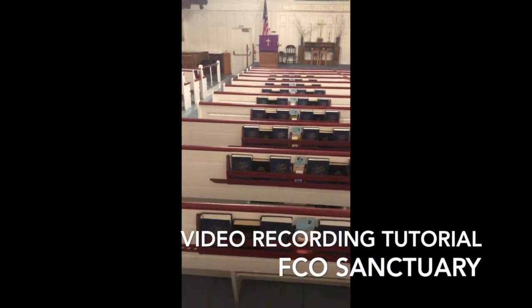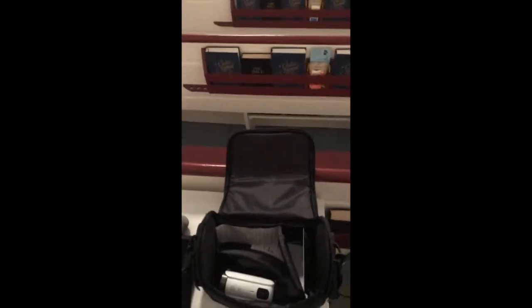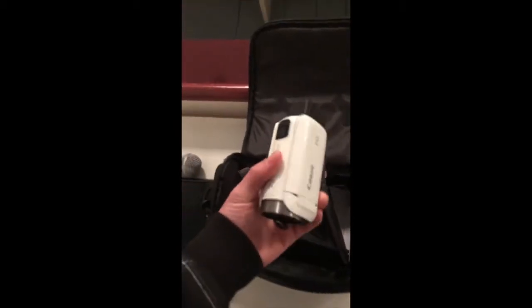Hey guys, video tutorial here for recording, especially as it pertains to Sunday sermons. This is the camcorder bag that you'll be looking for. It says exit down there. It's definitely an oversized bag, kind of unnecessarily. I didn't realize how small this little camcorder was going to be, but yeah, you'll have memory cards in here